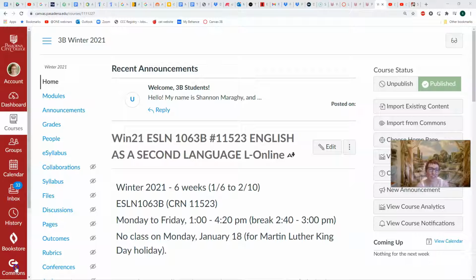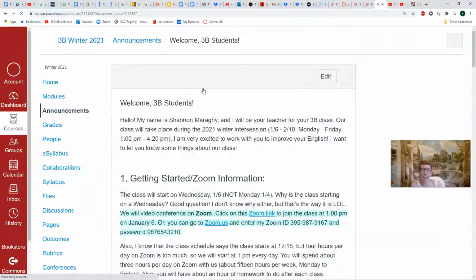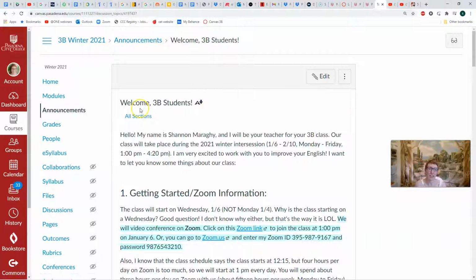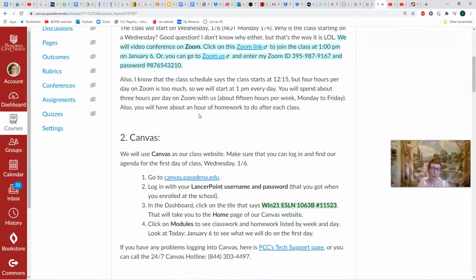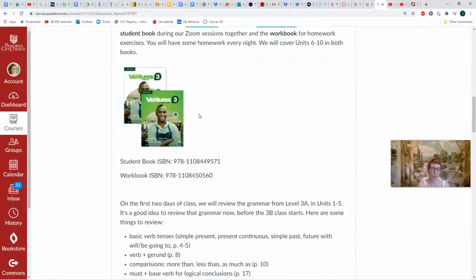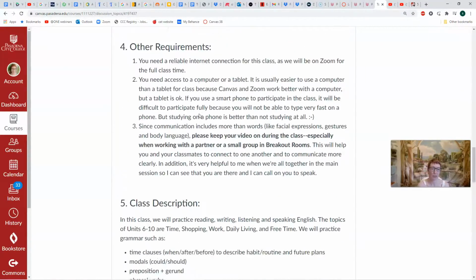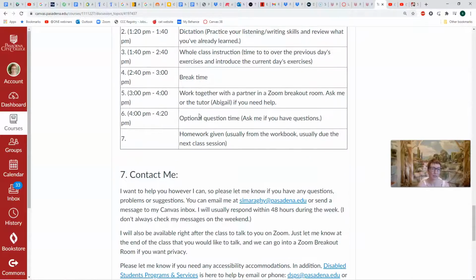So after you log into Canvas, you'll be on the home page. You can see the bar is next to Home. At the top of the page we have Recent Announcements. There can be 1 or 2 or 3 announcements here. Right now we only have one. If you click on it, you'll see this announcement is the same as the welcome email that I sent you 1 week before the class started. So I hope that you already read this welcome email because it has some important information about the class.